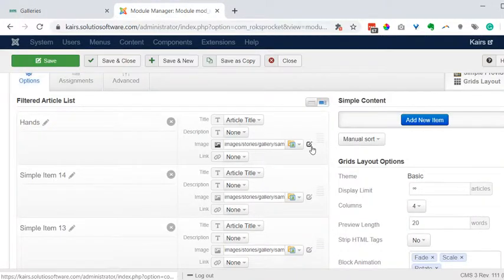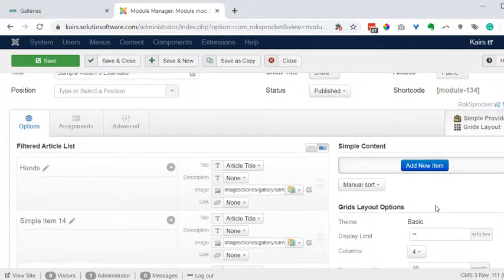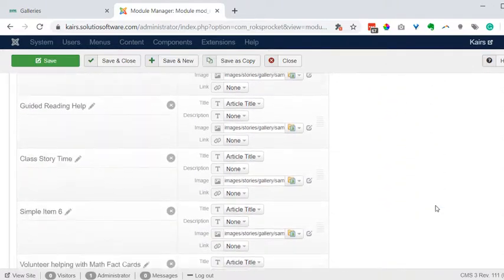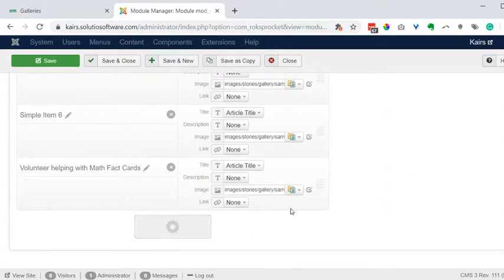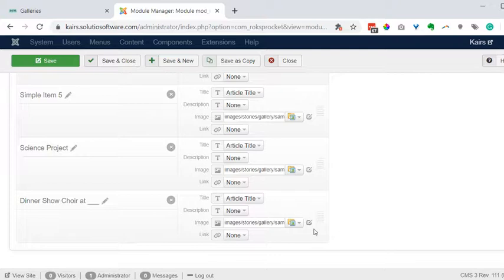But the image file itself is under the image area. These settings over here, the only one I think you might change is the columns 4 to maybe columns 3. So I'm going to proceed. I believe there are 14 images in here so far. I'm going to proceed to